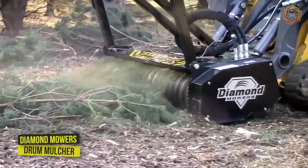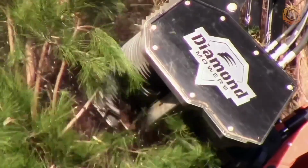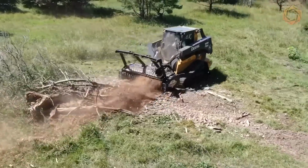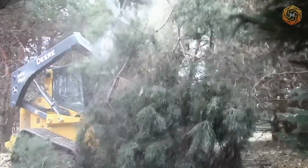This drum mulcher gets its name because of its cylindrical shape, resembling a drum. Skid Steer Drum Mulcher is a heavy-duty land-clearing mulcher that attaches to a variety of mini-loaders and shreds small trees and clears them with a rotating forward motion. The patented spiral tine pattern,